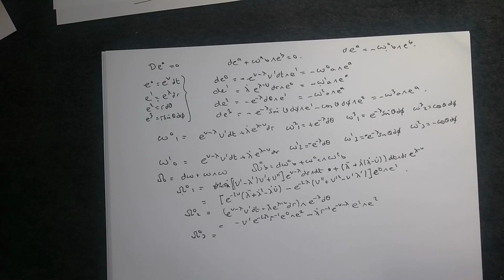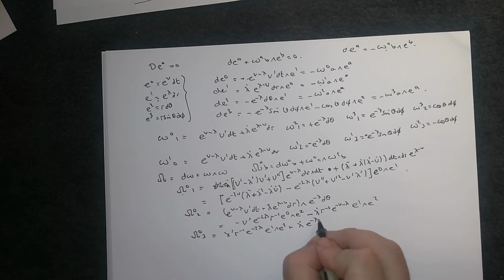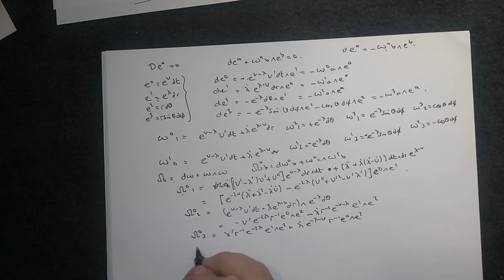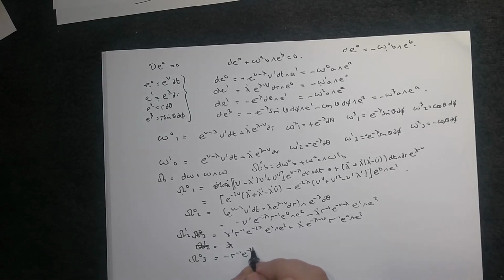Omega 0, 3. I'll just write down the answer. Lambda r to the minus 1 e to the minus 2 lambda e1 wedge e2, plus lambda dot e to the minus lambda minus nu r to the minus 1 e0 wedge e2. Omega 1, 2. Go, the wrong one down. That's omega 1, 2. Omega 0, 3 is minus r to the minus 1 e to the 2 lambda e1 wedge